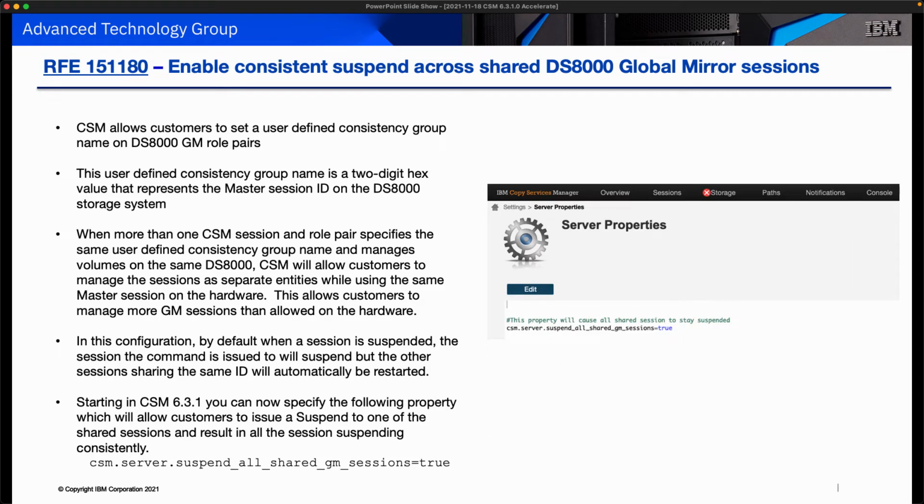All right, so this next work item is another RFE, and it's similar to the last one as it deals with user-defined consistency group names. However, this is for DS8000 Global Mirror sessions. So we originally introduced user-defined consistency group names on Global Mirror role pairs for sessions in order to allow customers